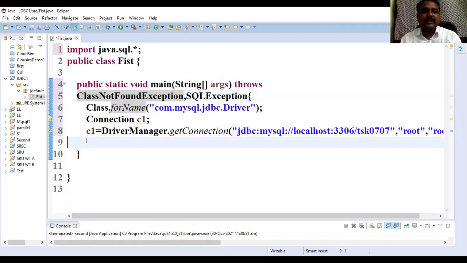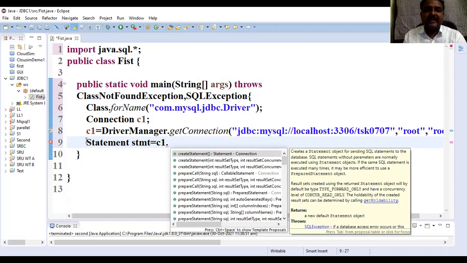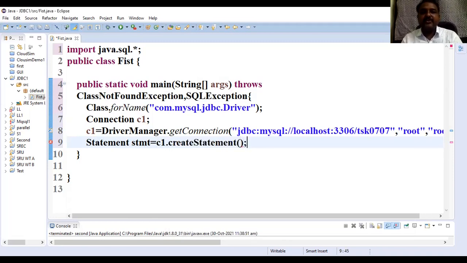Then coming to my third step, we are going to create a variable of my interface called Statement. Statement is equal to connection C1.createStatement. So we are going to use a method here called createStatement.